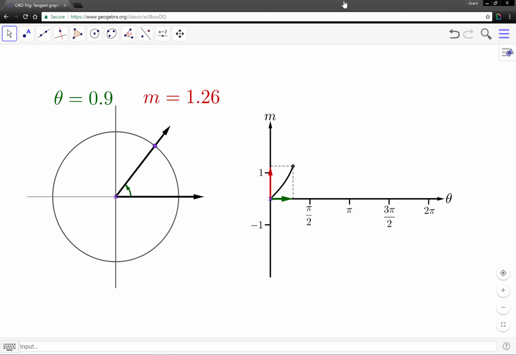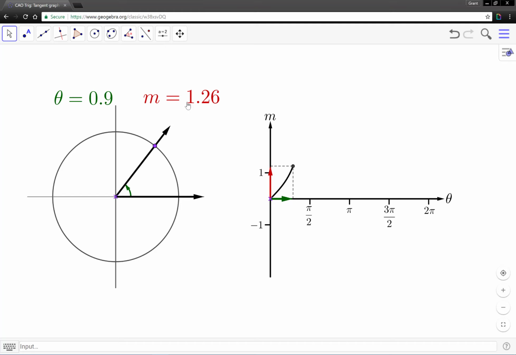Consider the angle I have shown here. The initial ray points in the 3 o'clock direction, and I've got the angle marked out here with this green arrow. The measure of this angle in radians is shown up here in green. Now the slope of the terminal ray I have shown here in red. So right now this angle has a measure of about 0.9 radians, and the slope of the terminal ray is